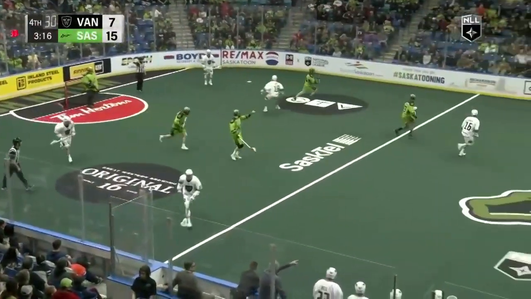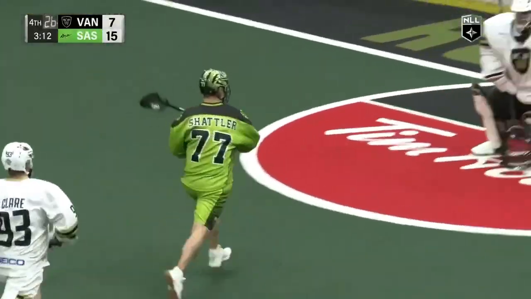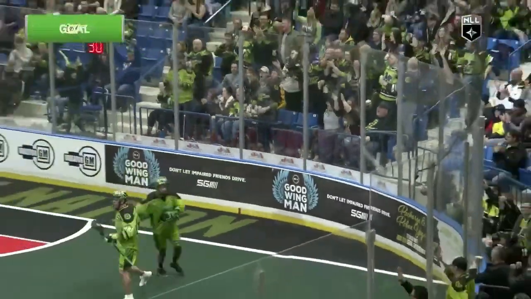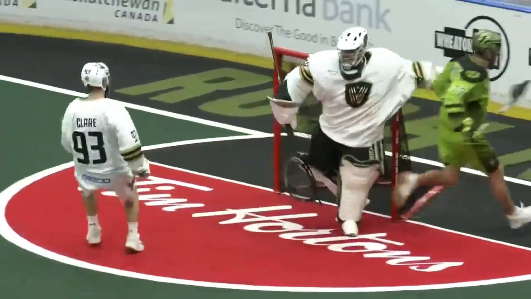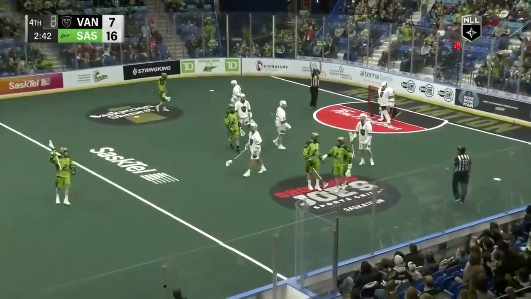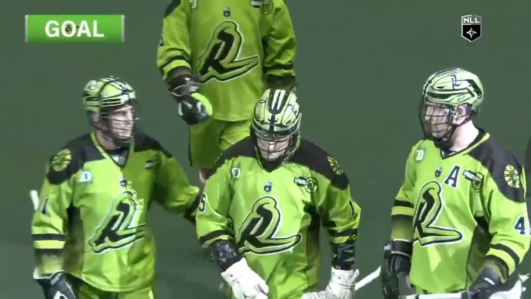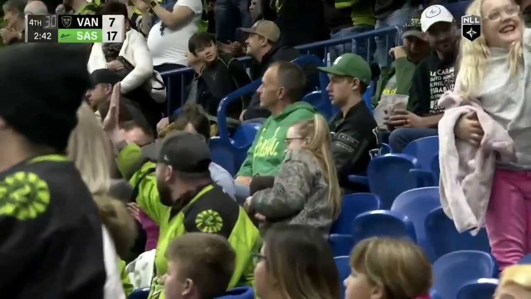Off the mark, Lowen can't field it. Now out of the box comes Schattler. Perfect pass from Hosick. Schattler in alone, he scores! Jeff Schattler puts a stamp on it right there. I mean, on the turnover, the black shoes of Hosick finding Schattler. If the Rush find their stride, and this could be the game where they turn the corner. Keenan, wow. 17-7. So I think this is a statement game here for Saskatchewan to kind of put the rest